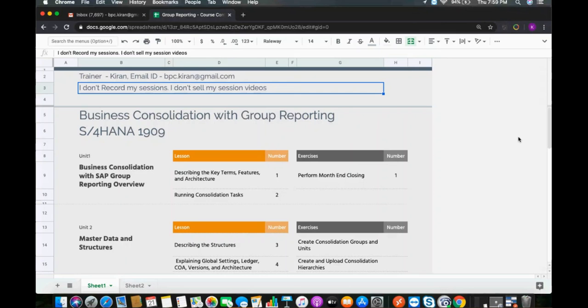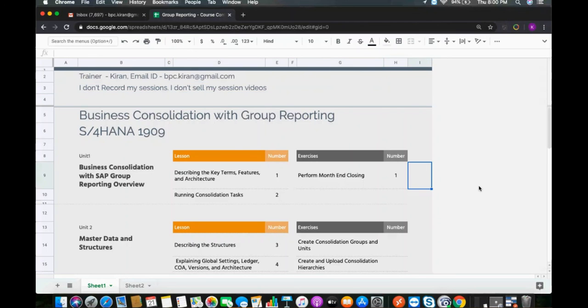Hello, Kiran. I have one more question. Currently, there are many customers who are not on S/4HANA, and the feature which you have just shown, how are they managing it? They have to maintain it with some other product, BPC or something else. It needs S/4HANA 1909 group reporting.